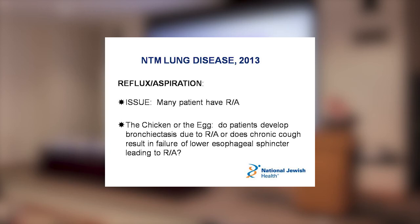And the question, this is another chicken and egg, Leah. Do patients develop bronchiectasis due to reflux and aspiration? Or do patients with bronchiectasis who cough relentlessly generate insufficiency of the esophagus? I want you all to think a little bit as you're sitting at your seats now, what do you do when you cough? What's the cough reflex consist of? When you get the tickle in your throat and you know a cough is coming, somehow you're programmed to take a deep breath in, close your epiglottis,